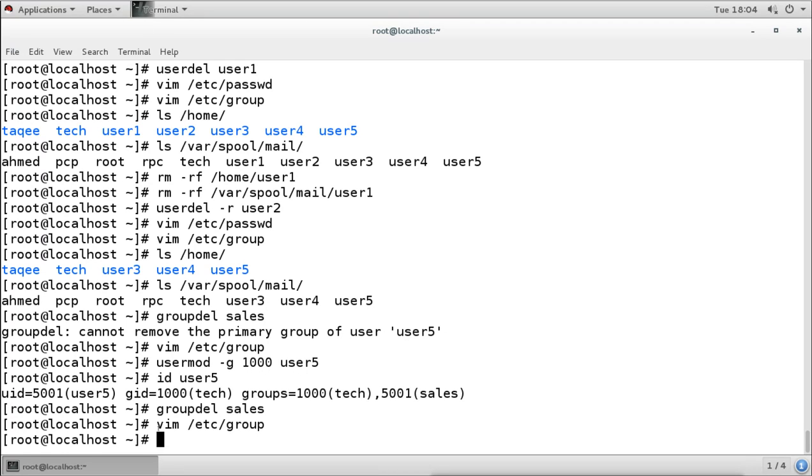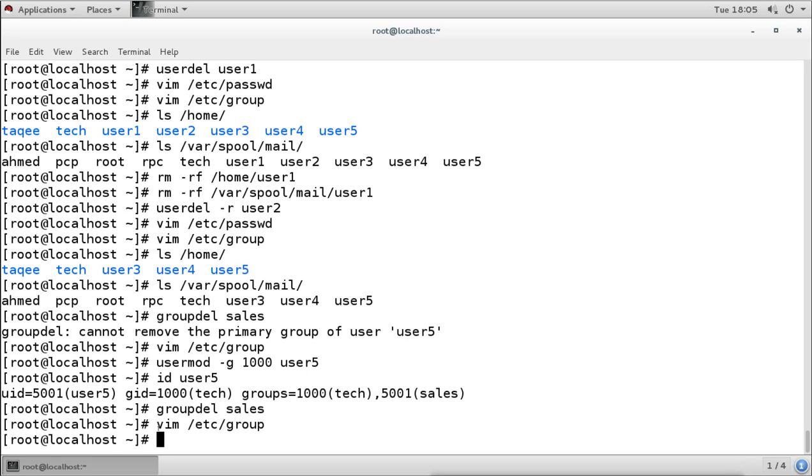So we can remove the users normally, we can remove the users recursively. What is the difference? When you remove the user normally, the user account will be removed, and the primary group of that user will also be removed. But if the primary group has any member, that group will not be removed. Normally it will not remove the home directory, mailbox, or any other temporary files. But when you remove it recursively with the -r option, then it will remove the user, and the primary group if it is not having any member, and it will also remove the home directory, mailbox, and every temporary file.